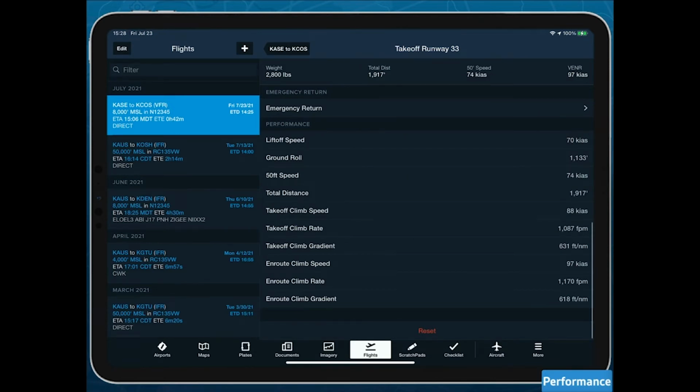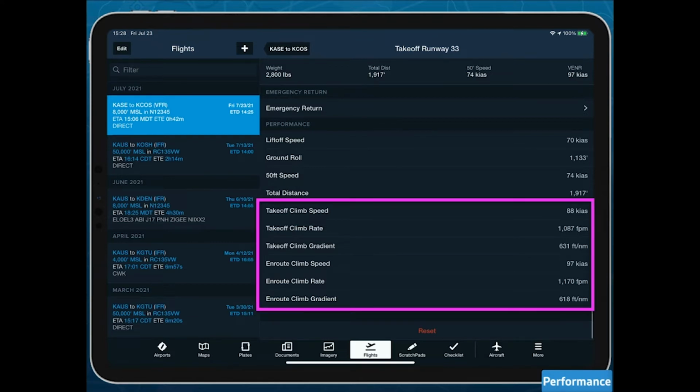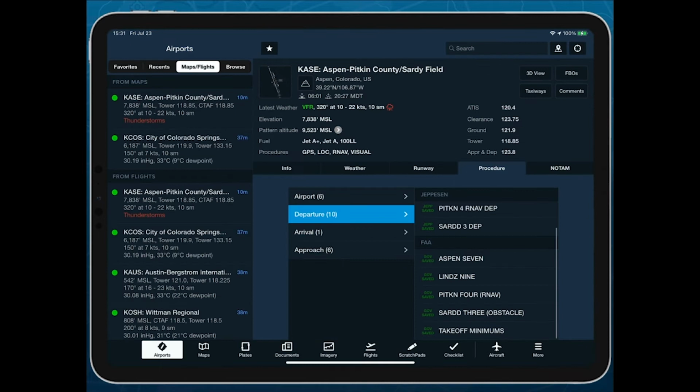And when I put in all of my data, I get all of my information listed in here. So I've got liftoff speed, ground speed, 50-foot speed. One of the ones that I really like to highlight in here, takeoff climb speed, takeoff climb gradient in feet per nautical mile, calculated directly out there for me. Why is that feet per nautical mile so valuable for me to have as I'm going out of a terrained airport like this? Because if I go back to my airport and look under departures,